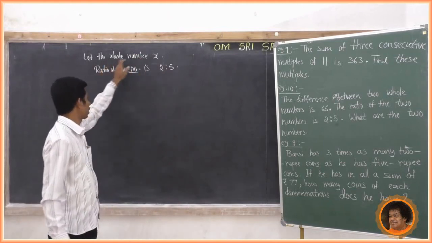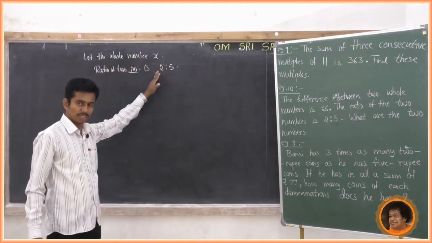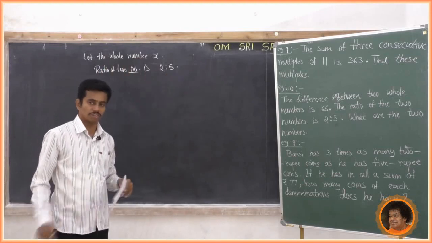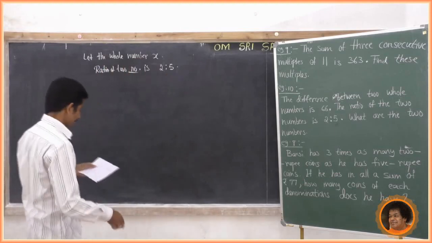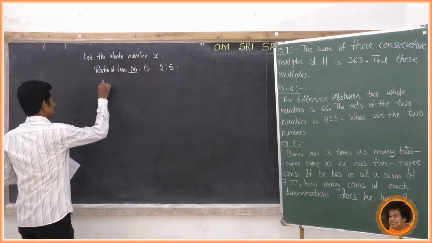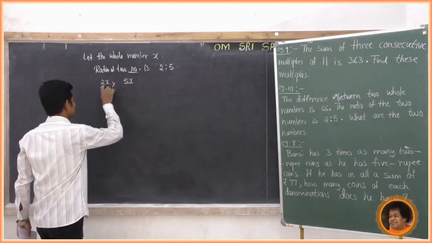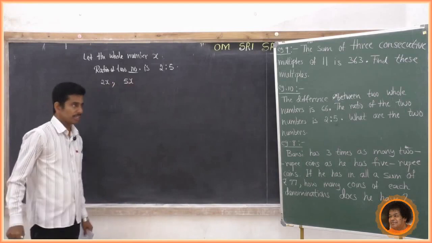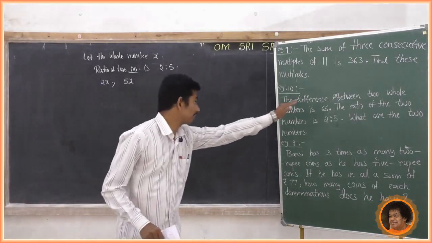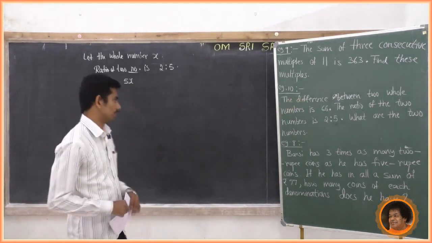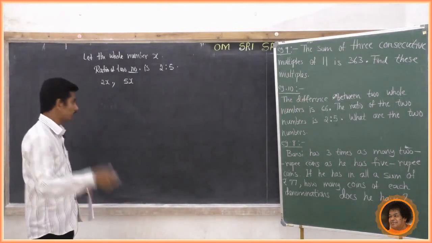If we take the whole number as x, it means one number is 2x and another number is 5x. These are the two whole numbers. After that, the difference between the two whole numbers. What is the meaning? The difference means